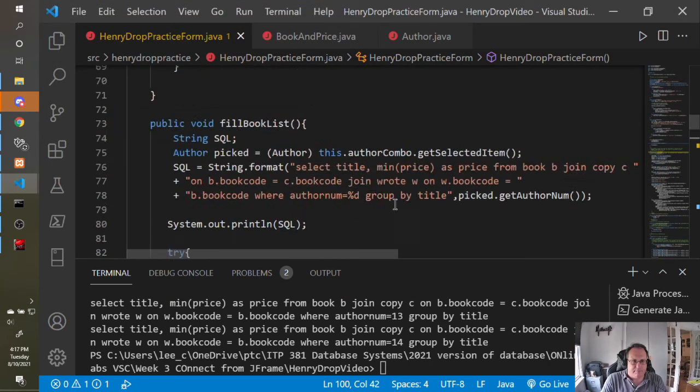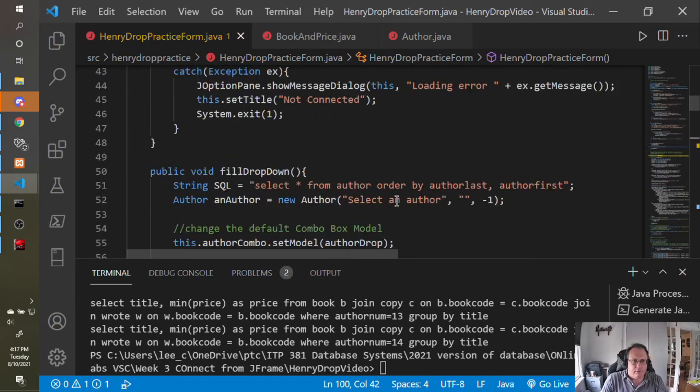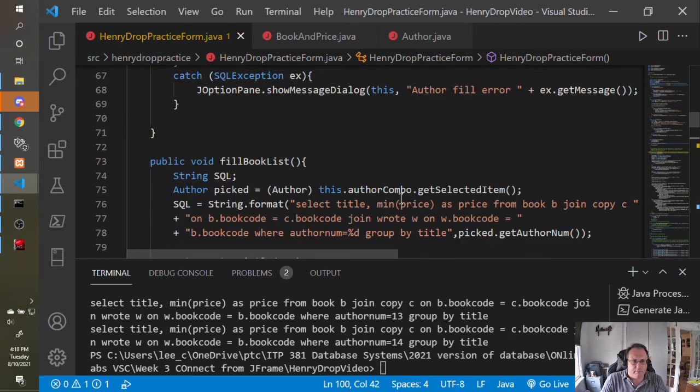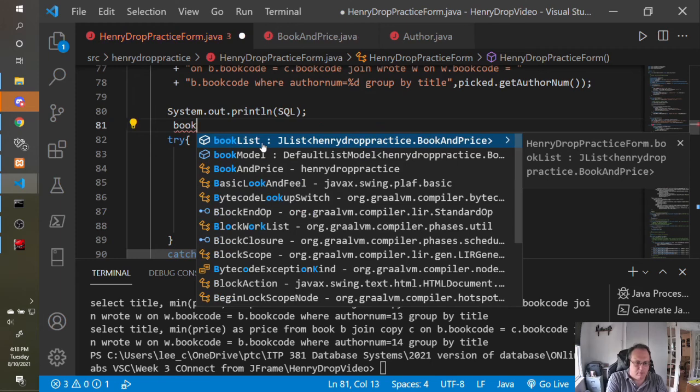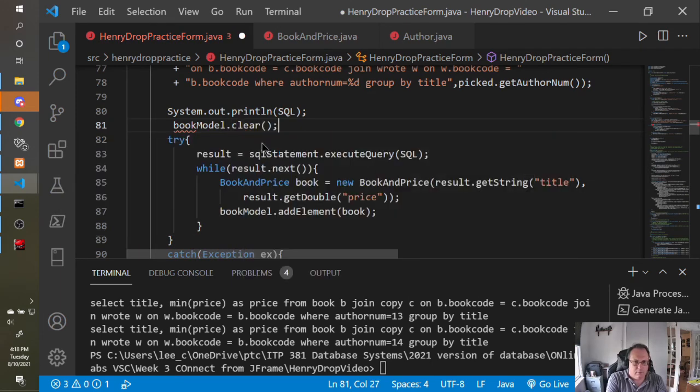And I'll do that up here in my fill book list. Before I run any of this stuff, I'm simply going to clear out my book model. Clear does exactly what it says. It clears out the book list. So now to run this thing,